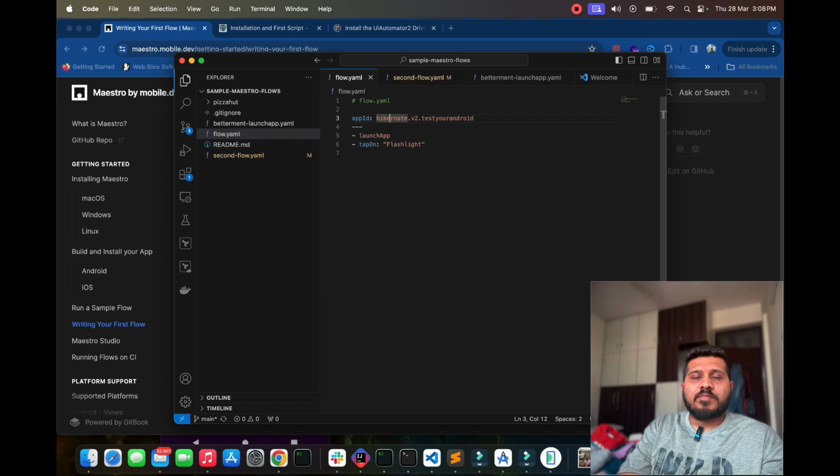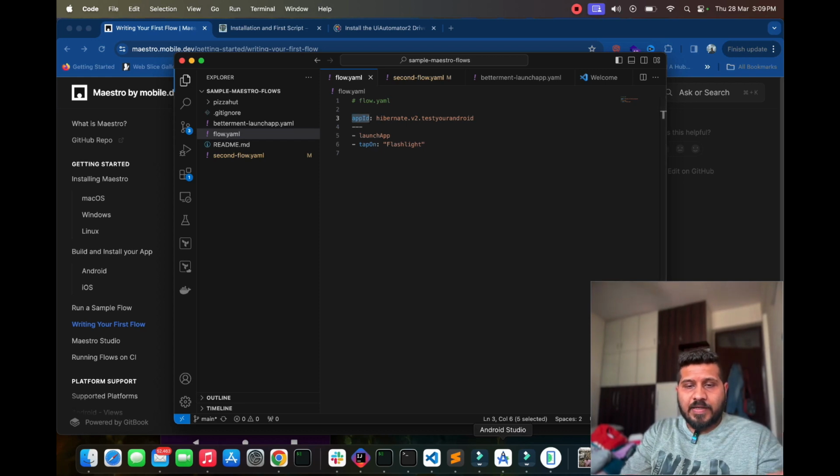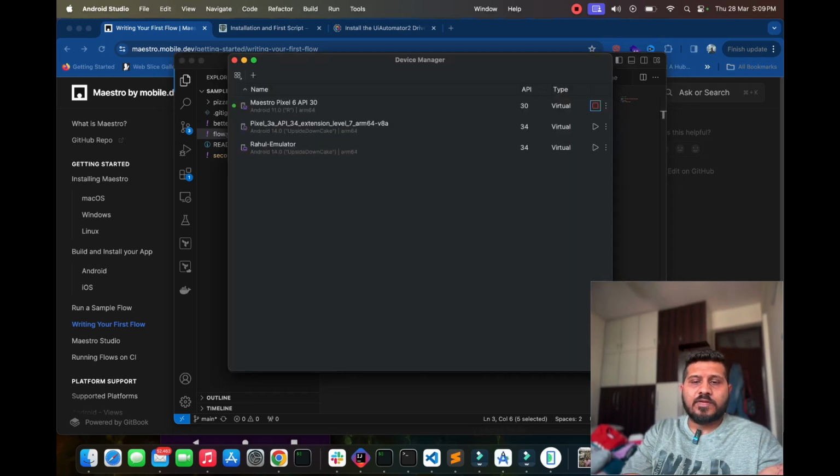This is my app, and this is the command that launches the app, because most of the files are written in YAML. This is the basic structure that they follow, right? This is the app ID. And if you want to know how to find your app ID, what you will do is go to this,